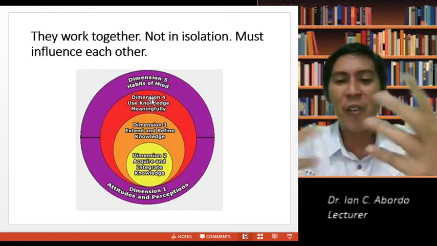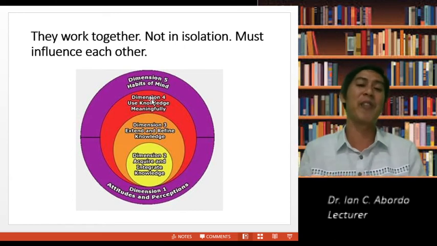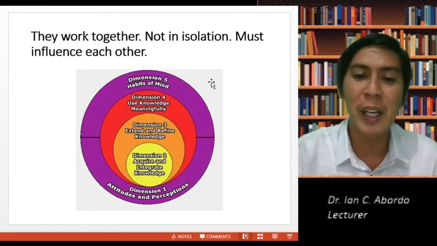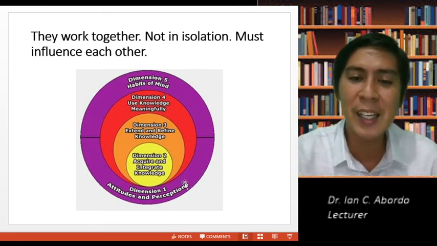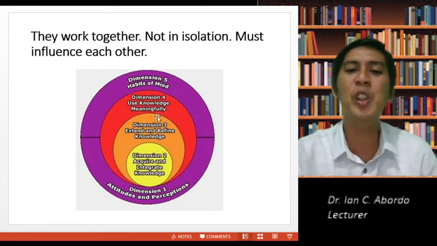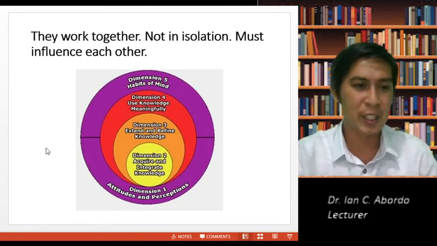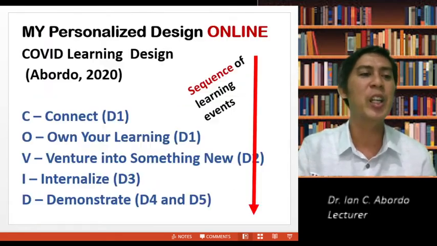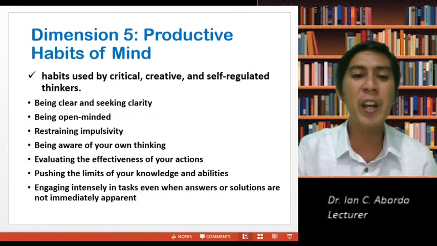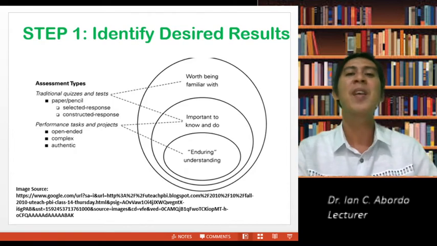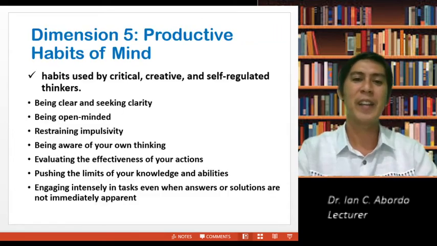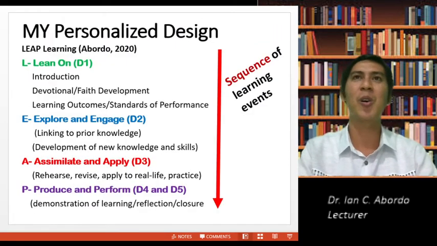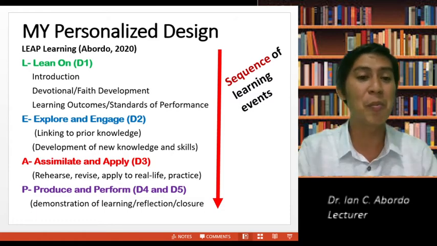I can extend and refine knowledge. I can use knowledge meaningfully. That's what it means with this model here. Habits of mind are around these other dimensions because they are foundation to performing all of these. So once they have reached dimension 4, then of course they can also be performing habits of mind.